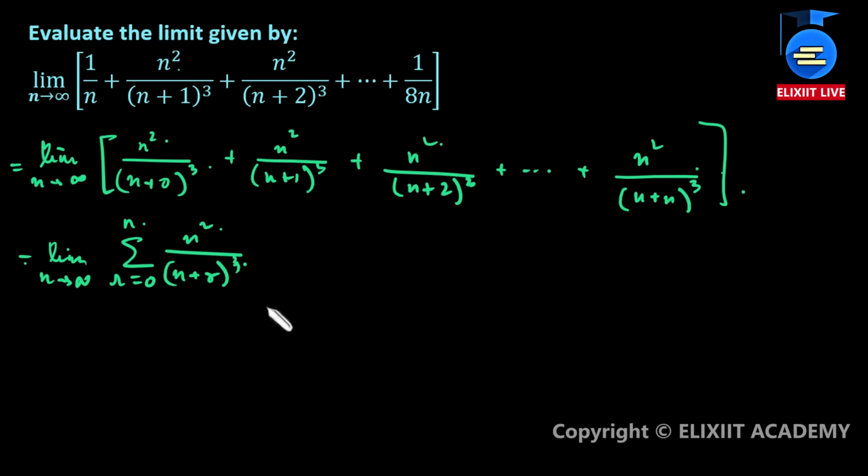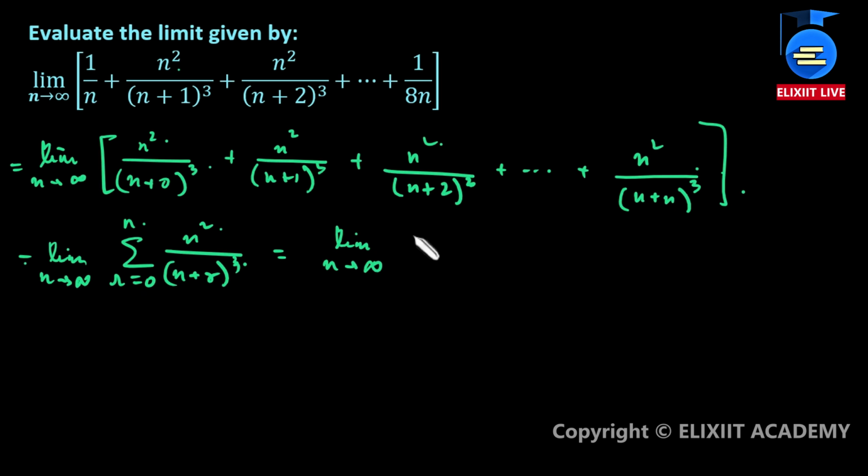So now our target is to bring this r by n format over here. We have to bring r by n. In the numerator we have n square, in the denominator we have n plus r whole cube. One thing I can clearly see is that if I divide the numerator and the denominator by n cube, so what I get from here, we have